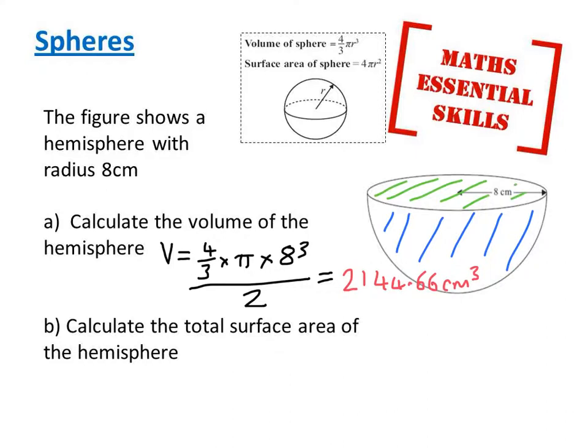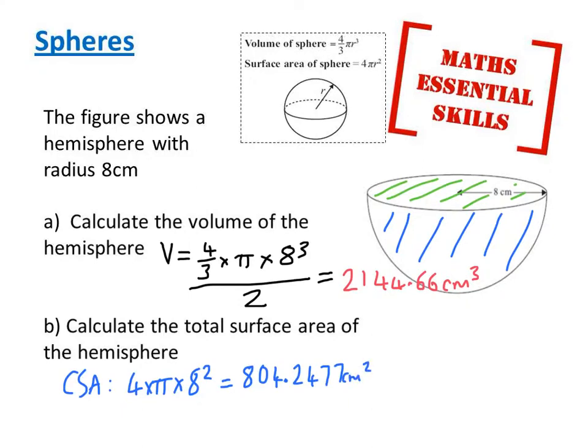So first of all, let's work out the curved surface area. And that would be 4 times pi times radius squared. And remember, that's given to you in the formula sheet. This gives me an answer of 804.2477